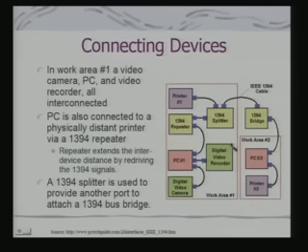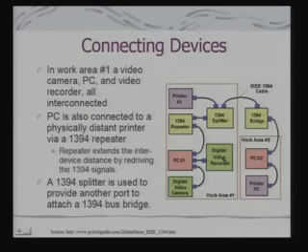This is an example where we have identified two work areas, work area 1 and work area 2. In work area 1, a video camera, a PC, and a video recorder are all interconnected. You have a digital video camera, a printer, a digital video recorder, and this PC has typically, let us say, 3 IEEE 1394 ports.